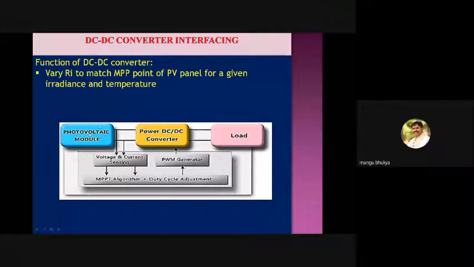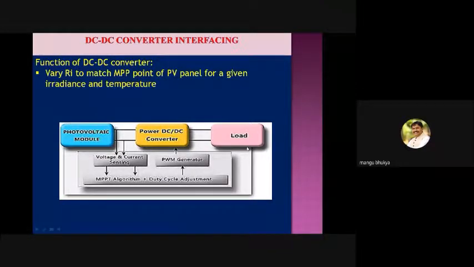It is extracting, so the load is absorbing power. Here the battery voltage is increasing, and suppose the battery voltage reaches 13.8 volts. That means the battery is now fully charged, and it will no longer absorb power. In that case, you cannot extract the maximum power from the panel, because the battery is already fully charged.